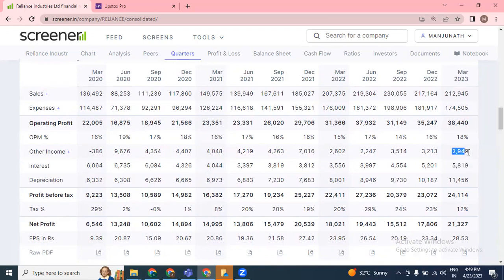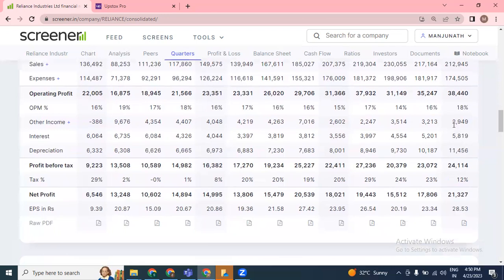Other income, let's not discuss that, because that's other than the business, like the rental business. But when it comes to interest, yes, they are paying more. This is one negative. And second, depreciation has increased. Straight away, that 3,440 crore has been eliminated with this depreciation increase as well as the interest, and partially 300 crore is taken over by the other income. So these three are the negative factors so far.